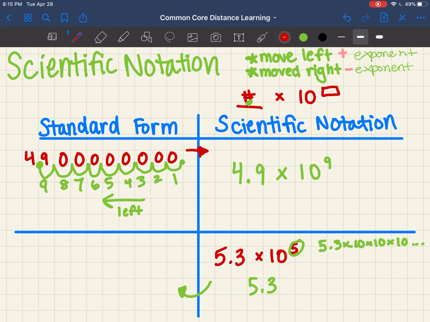So I'm going to go 1 to the right, 2 to the right, 3 to the right, 4 to the right, 5 to the right. And I'm going to put my decimal place there. Then I fill in those bubbles with zeros. Now my number right here is 5, 3, 1, 2, 3, 4 zeros. 530,000. So that is my scientific notation that turns into my standard expanded form. Think about if I have a positive when I'm moving now,